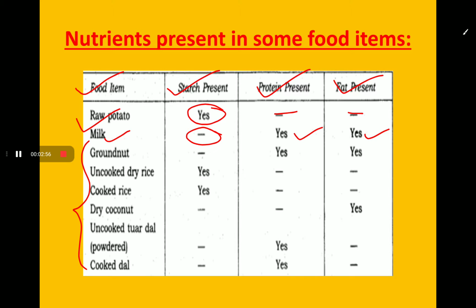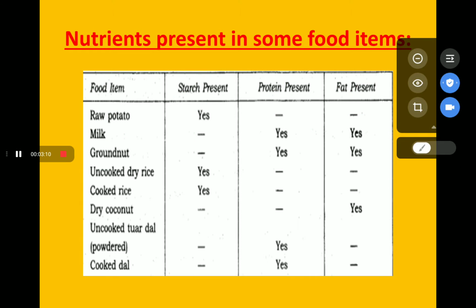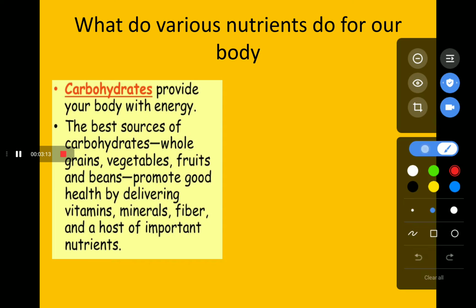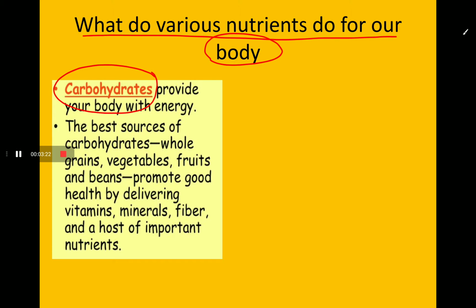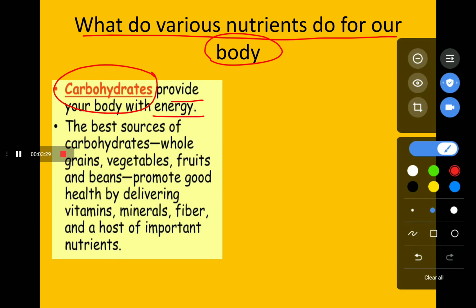As you saw according to this table, one or more nutrients are present in our food items. But what do various nutrients do for our body? Here, the first nutrient is carbohydrate, and carbohydrates provide energy to our body. And here are some sources of